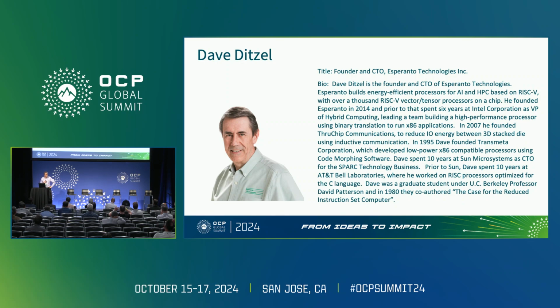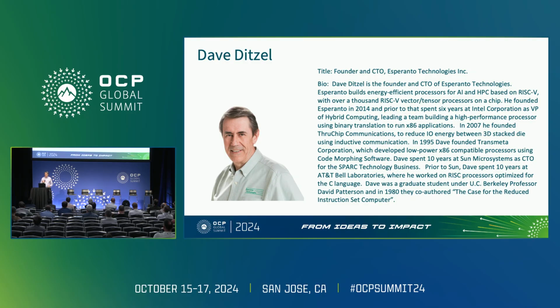I then went to work for Intel for a while. It was one of the few companies I hadn't worked with, to understand really what was unique about what they had done, and tried to bring much more efficient processing to them, but it's a big company and that's a challenge. So at some point I realized to be in control of my own destiny, I was better off at a smaller company. So I started Esperanto Technologies.